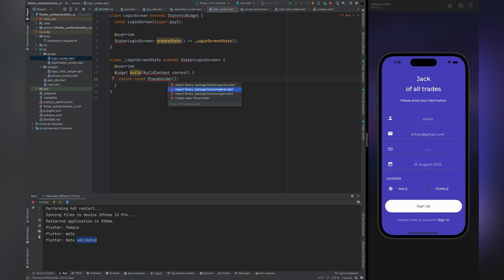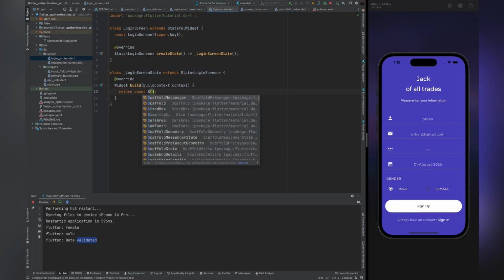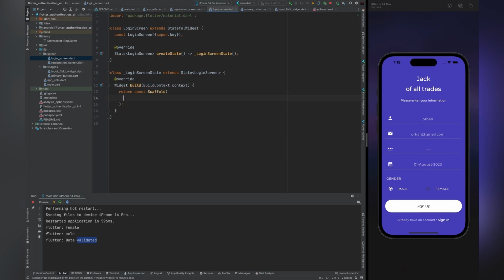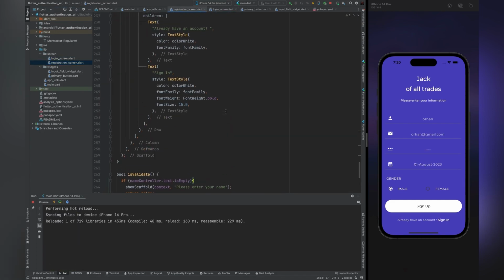And to remove this error, we have to import material dot dart, and let's remove the placeholder and replace it with scaffold. And inside body we will pass a text, login screen, and we will wrap it inside a center widget to make sure that it is in the center of the screen. So now in the registration screen